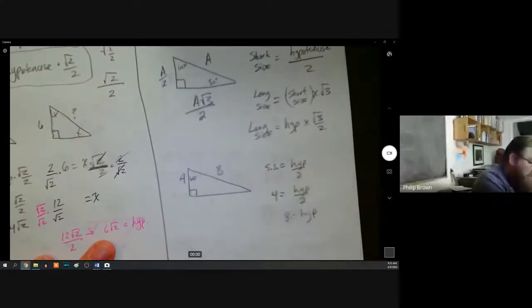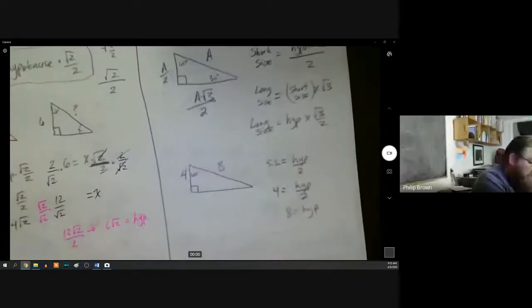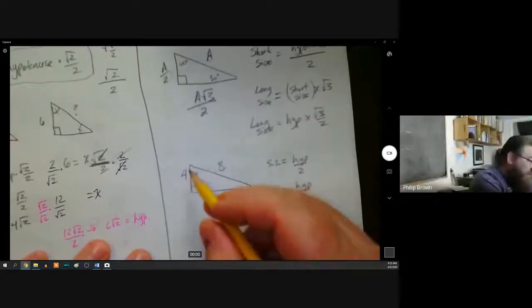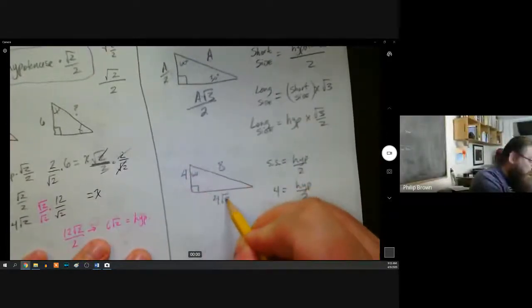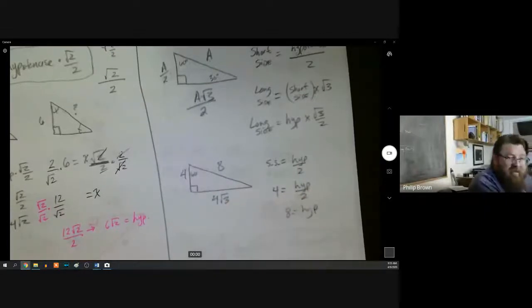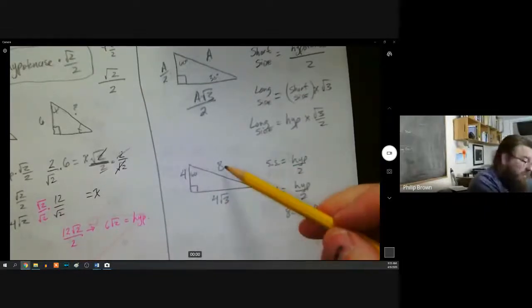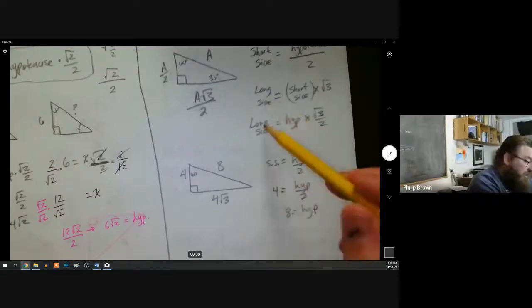Yeah, you could probably do it in your head. Half of what is 4? 8, right? And then whatever the short side is, the long side is that times the square root of 3. Boom, done. And this still works because the long side is also